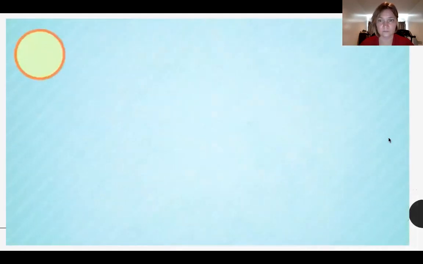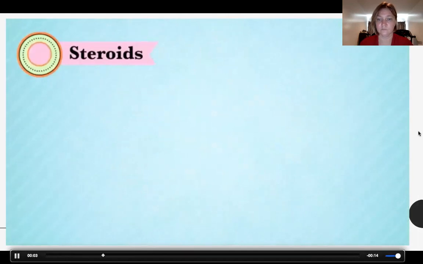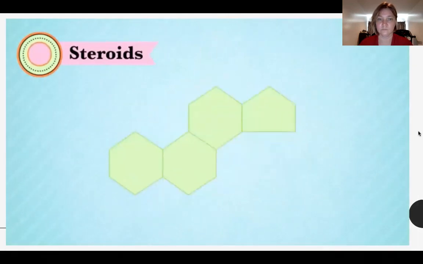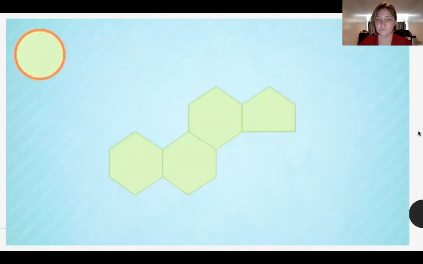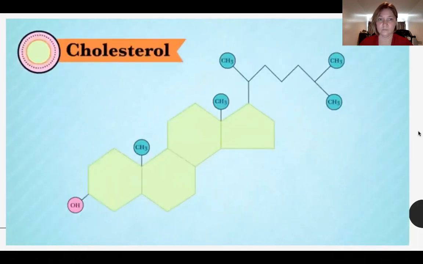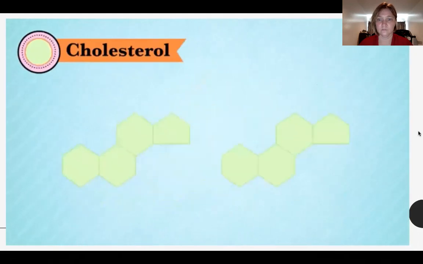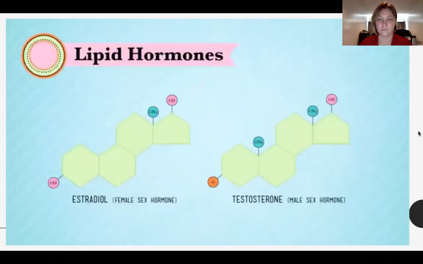The fourth class of lipids is the steroids. Steroids have a backbone of four interconnected carbon rings, which can be used to form hundreds of variations. The most fundamental of them is cholesterol, which binds with phospholipids to help form cell walls. But these can also be activated to turn into different lipid hormones. And so now